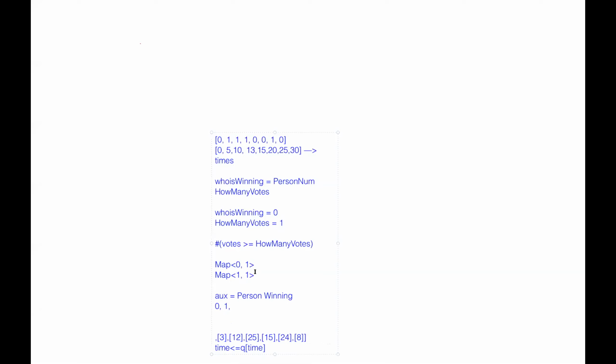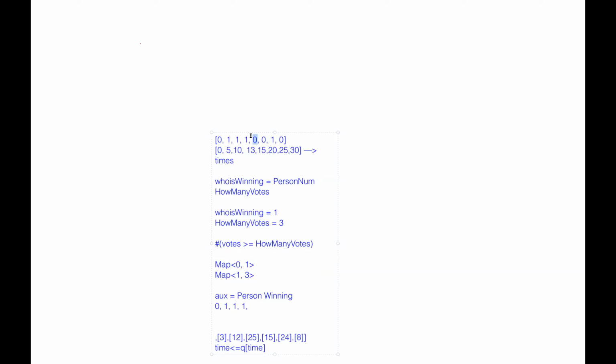So this was basically the clash part, the tight part. Now the 1 comes again, but you have to update who's winning also. Next time again 1 comes, so now the votes of 1 becomes 2. It is definitely greater than how many votes, so I will just update it to 2. Who is winning is still 1, so it doesn't matter whether you update it or not. Now 1 again comes, so this time the votes become 3. Who is winning is still 1, so I will add a 1.